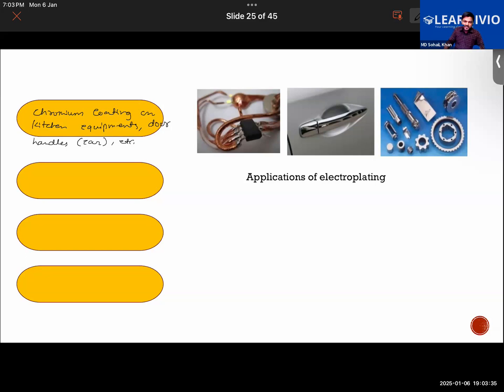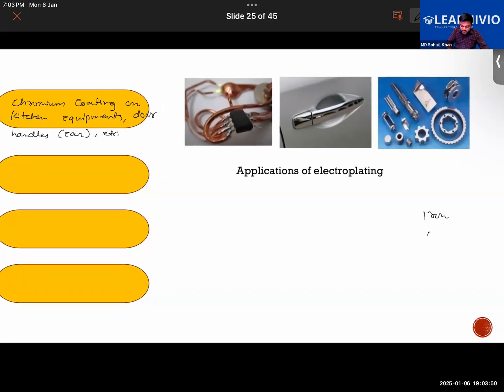Another thing: say, for example, if I were to make medical equipment of iron or steel, would that be a good idea? If not, then why? Why don't I use iron or cobalt? I'm saying, why is medical equipment not made of iron, cobalt, nickel, or steel? Iron may rust over a period of time. Okay, that is one such reason.